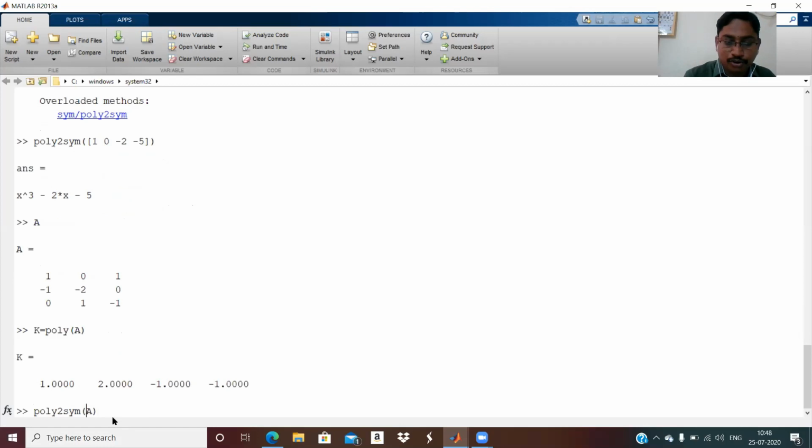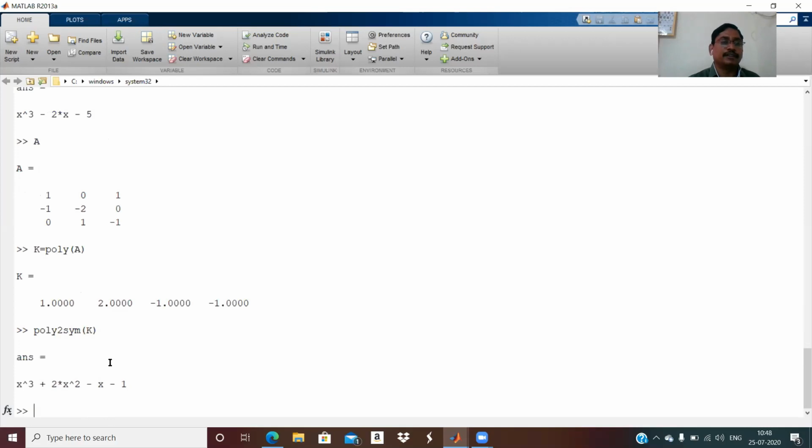You want to write this in coefficient form, and earlier why was the order 8 coming, now it is coming correct. So this we want in symbolic notation. This is the x cube coefficient, x square coefficient, x coefficient, and constant term.